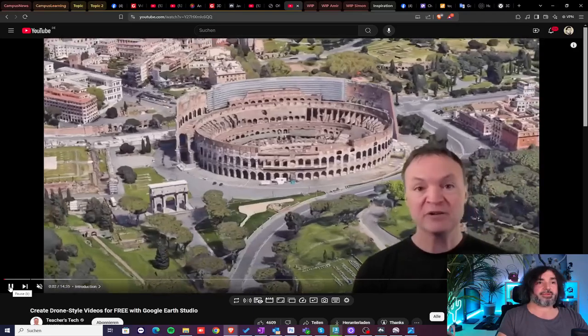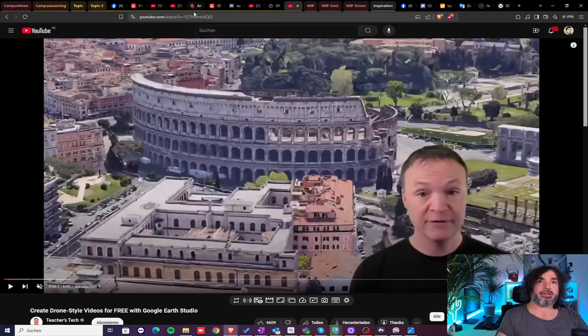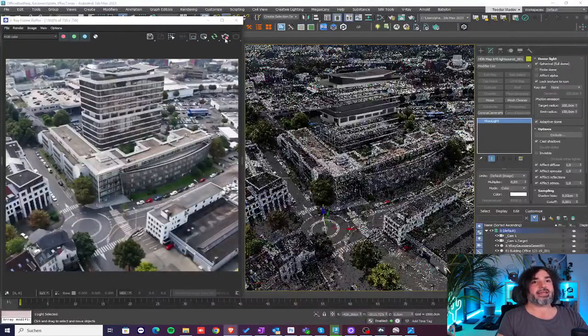It's from the Colosseum, and it's more or less the same as what I just showed you with my own drone footage. I'll drop you the video in the comments, and you can take a look at it later. But as you can see, it is very much possible. I have to stop this render at some point. It is very much possible to create drone-like videos from Google Earth footage, which means in turn that you then can create 3D Gaussian splats based on those videos and create your own surroundings,